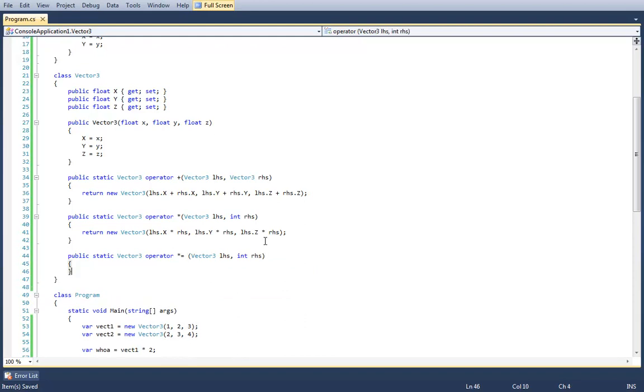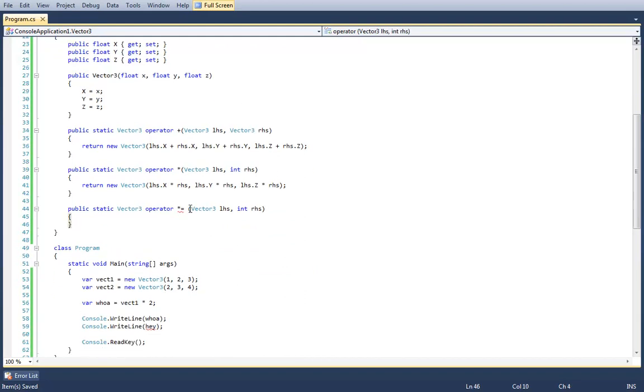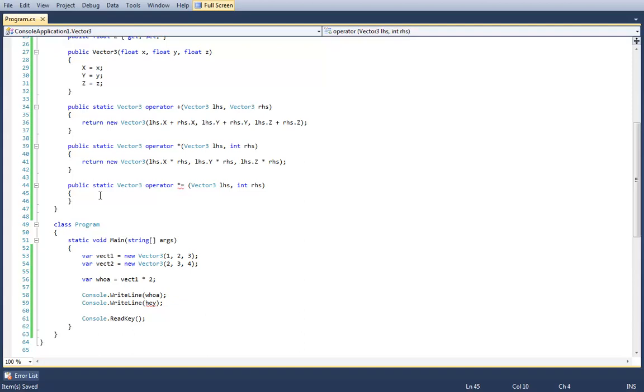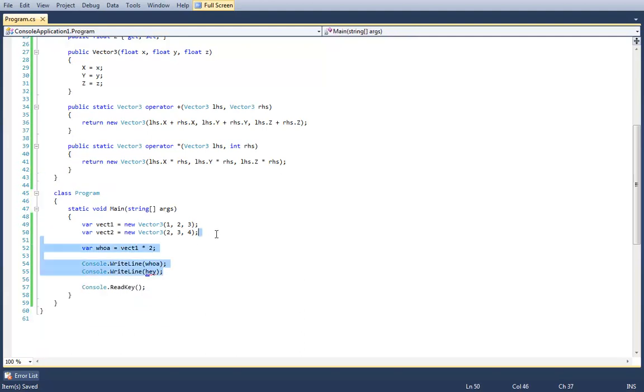Really? Nope. Why on earth not? Well, it gets a little bit more complicated, obviously. That's not an answer. By overloading the multiplication operator, we have implicitly overloaded the multiplication assignment operator. Ah, cool. There's no way to actually do this explicitly. So, for example, that means that I can say vect1 multiply equals 20. Oh, that's all right then. You had me worried initially. I thought you meant it wasn't.